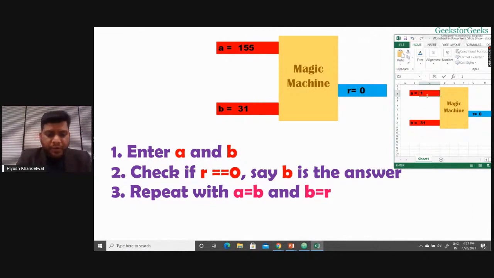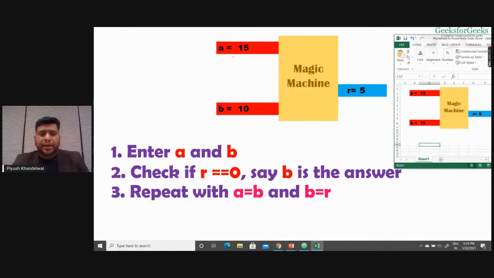If I give 15 over here and 10 over here, I want to compute the HCF of 15 and 10. So R is 5. When R is not equal to 0, what I need to do is put the value at B into the value at A. So the input that I was giving at B, I need to give at A, and the output that we have received here needs to be inputted again at B. So I need to simply move.